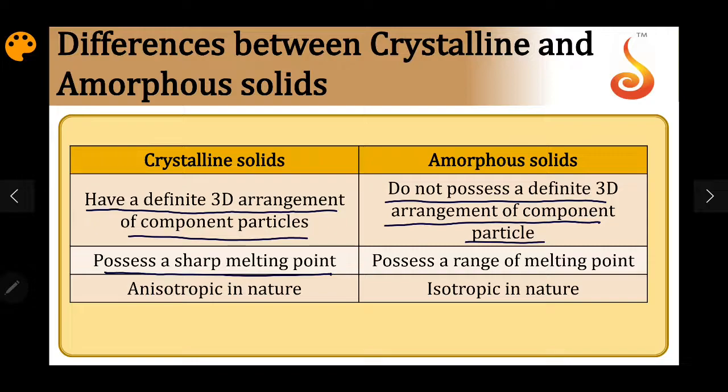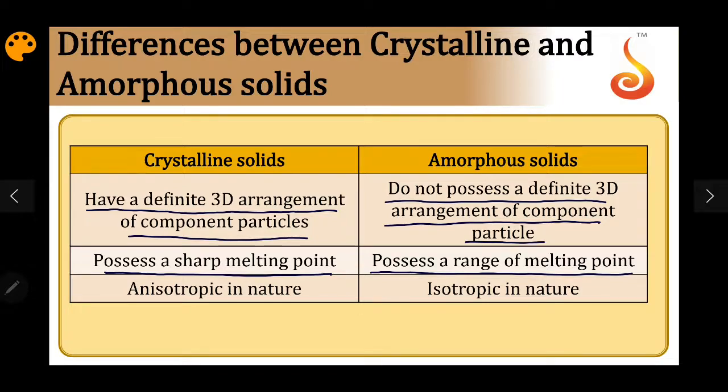However many times you melt it, cool it, and remelt it, it melts at the same temperature. In the case of amorphous solids, they have a range of melting points. If I take a substance and melt it at, say, 500 degrees Celsius, and then cool it so it becomes solid and melt it again, it will not melt at 500. It may melt at 480, 495, or 502, 503, like that. There is a range of melting points in which the solid can melt.